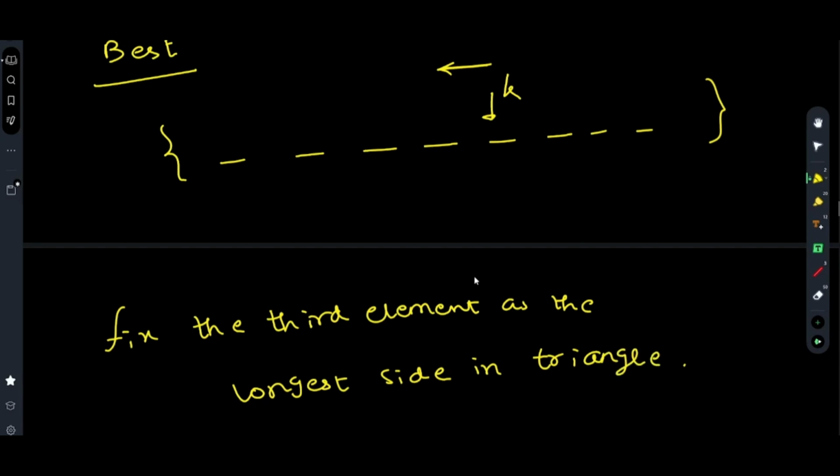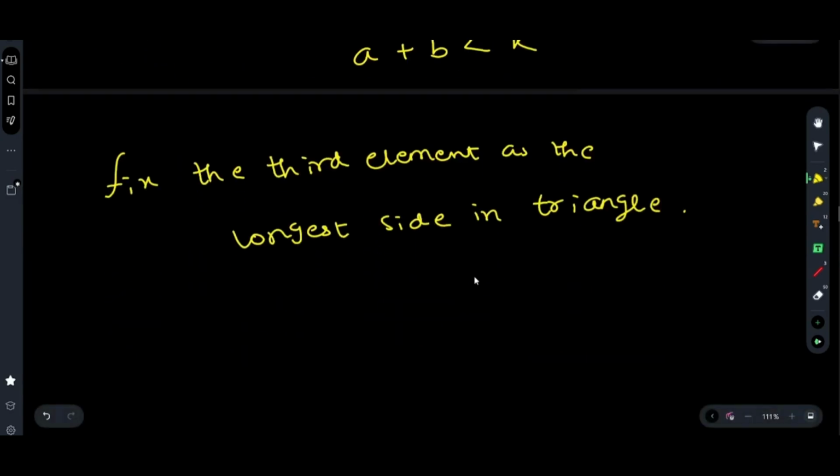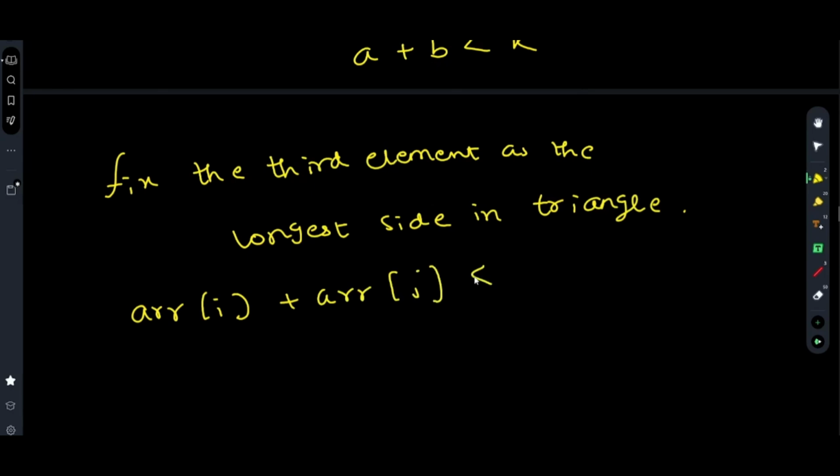And you have to find out two numbers a and b from this array such that a plus b is less than k. Is it possible to do this? Actually, it is very simple to do this. You take two indices, i and j. i is starting from 0, j is starting from k minus 1. And you find out arr of i plus arr of j. If you see that this is less than k,